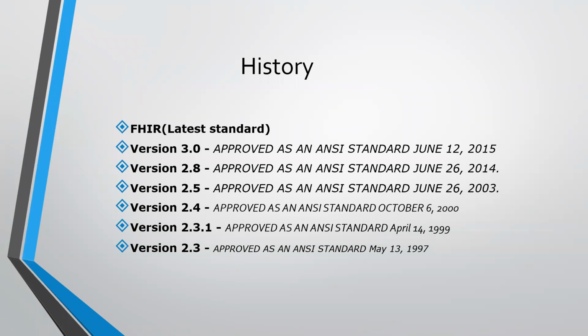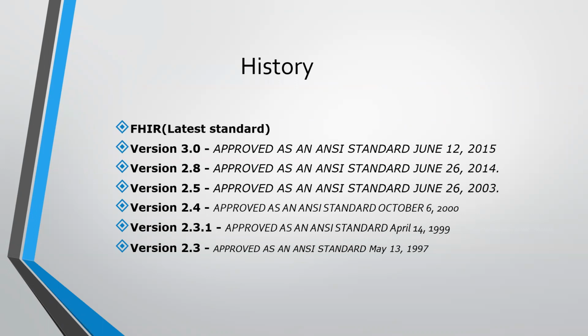We have other standards released by the HL7 organization as well, which is CCD, Continuity of Care Document. Then you have version 3, which is based on the reference information model. And then you also have FHIR, which is the new data standard. FHIR and HL7 V2 are totally different in terms of the format and how you use them. Another question I frequently receive from people who are aware of HL7 V2 and also FHIR is: